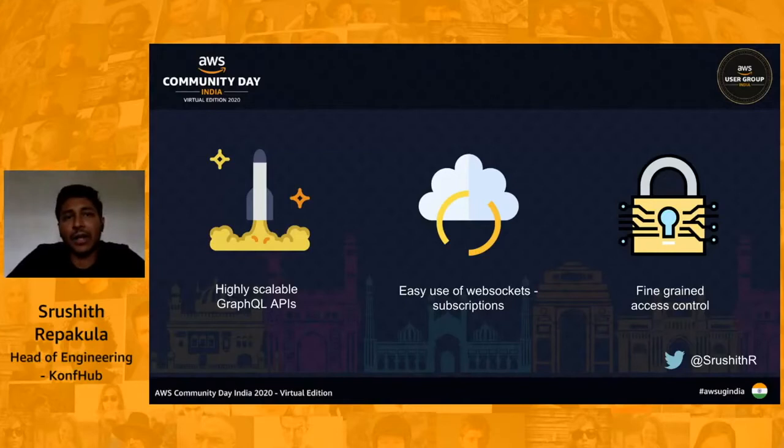Subscriptions are real-time data pushed from the server to the application. With AppSync and GraphQL from AWS, it comes out of the box. We can simply define a subscription and integrate it with the Lambda function, and everything is taken care of.